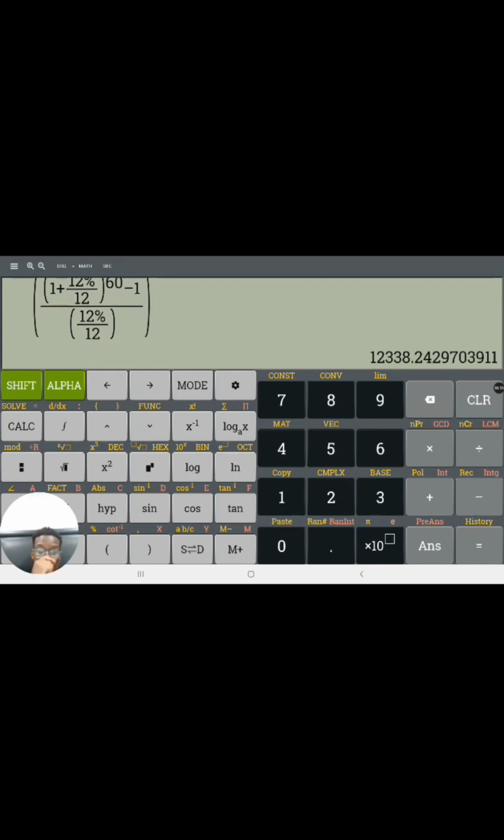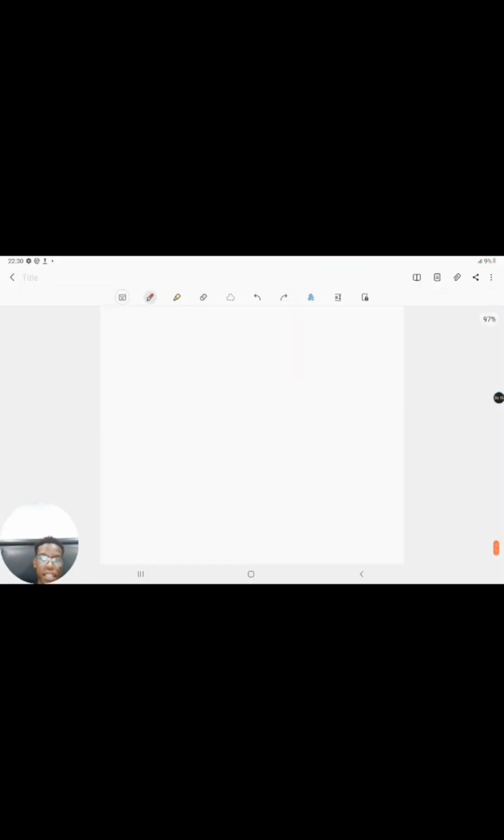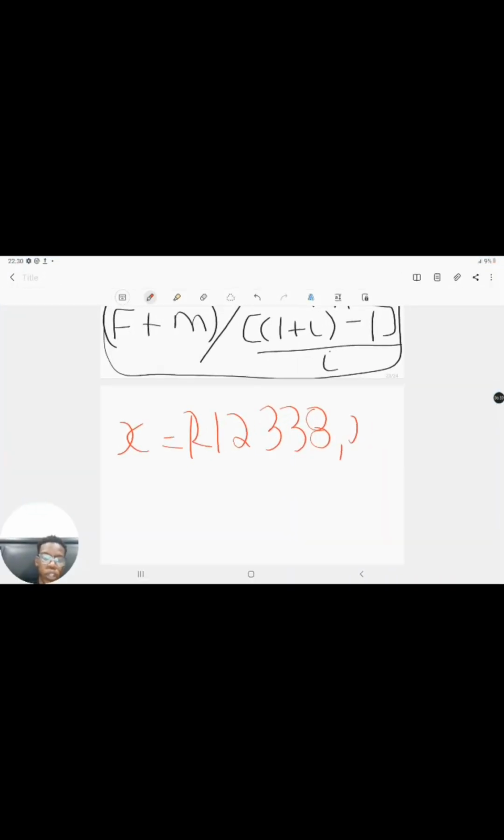So now I've got 12,338. I need my new X to be 12,338 rands, 24 cents. And this is the new monthly deposit I'm going to have to be making into my account